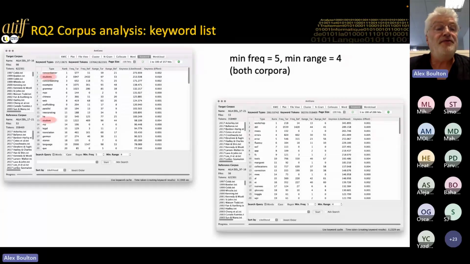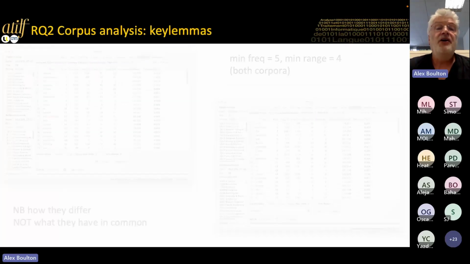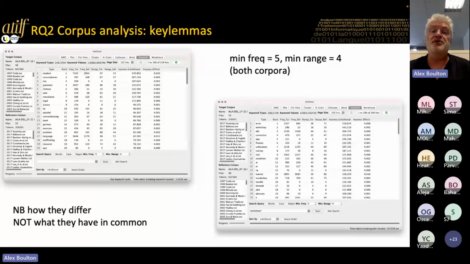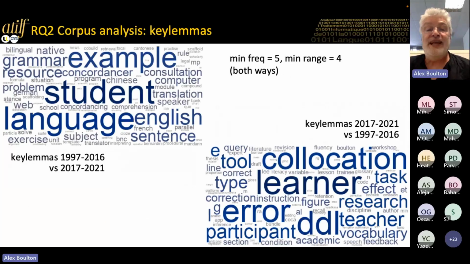Okay, so on the left, you can see it's still a slight problem because we've got students and student which are counted separately. So it might be nice to put those together, and we can do that if we lemmatize the corpus. So it means that all forms of a noun, student and students, are together. Forms of a verb such as work, works, worked, working are counted as one item. Okay, so this is what we've got here. And Ancon does allow you a little visualization for that, which is not very scientific, but students like it. Okay, so you can see there are some things, for example, we used to talk a lot about student, now we talk more about learner, for example.